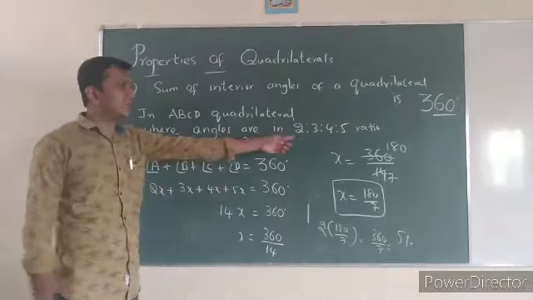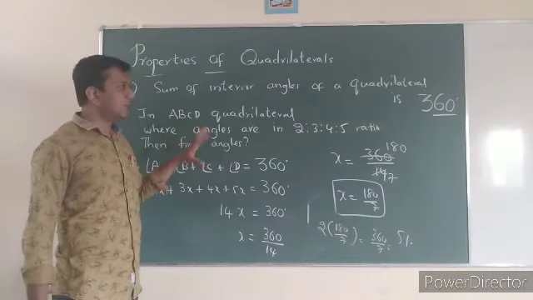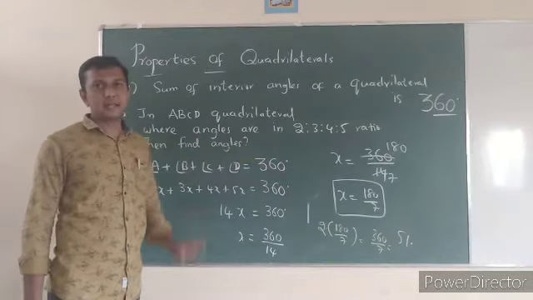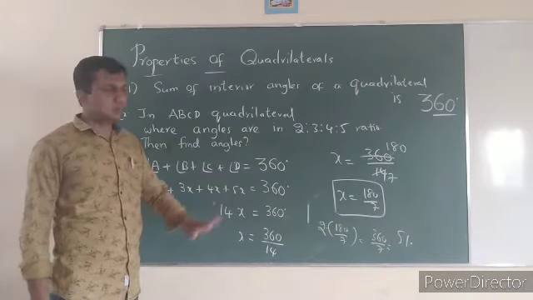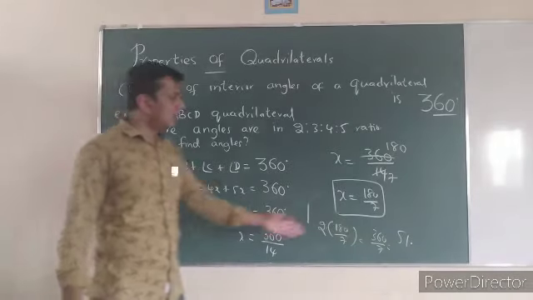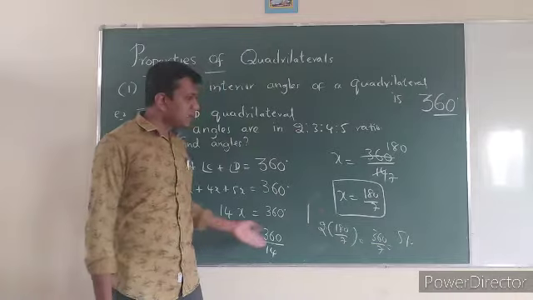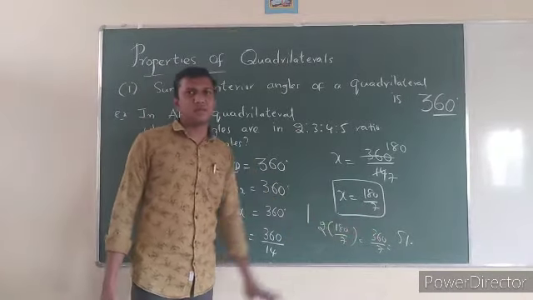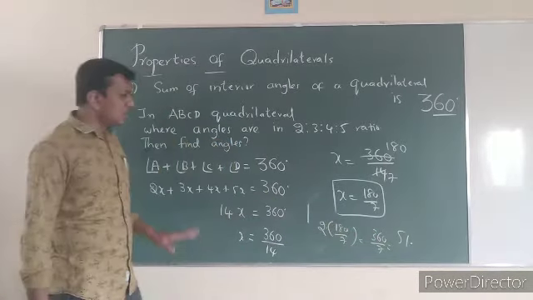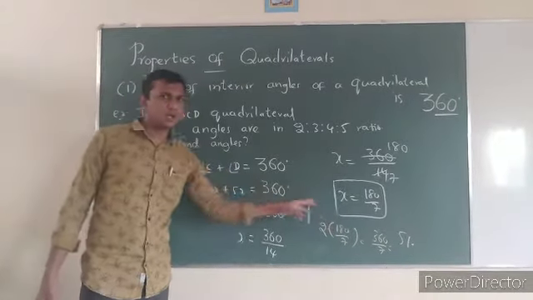I just took an example, but in your textbook you will be getting problems where you can easily get the answer in terms of some straight whole number like 60 degrees, 40 degrees. But here, because it is a general example I have taken for the explanation, I will get this type of fraction. Okay. So similarly 3x, you substitute whatever x value you got and multiply.